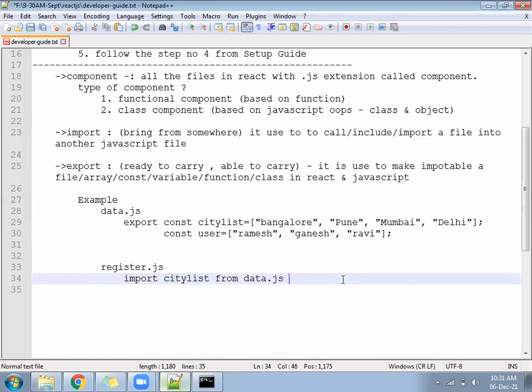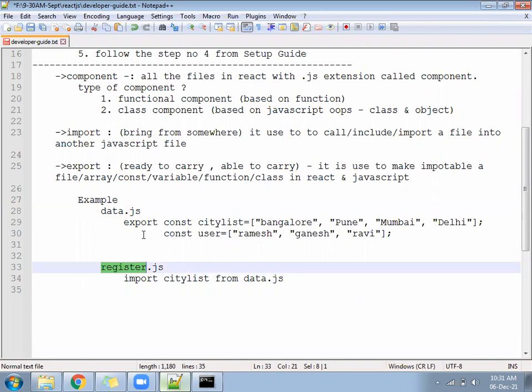Reusability, or not? Reusability: write once and use many times. In a similar way, the definition of component will also change a little. Once we move forward and get some more idea, automatically we'll say the component definition is something else. But as of now, assume data.js is one component, whereas register.js is another component. So we have a total of two components.